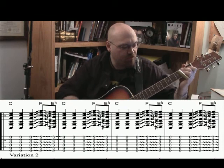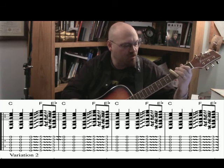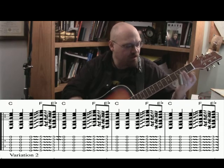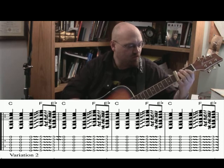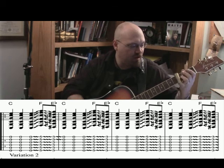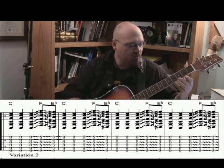You start off with 3 beats on the C. So 1, 2, 3, and then you come to the 3rd fret. Or actually, I'm doing the next one. You would actually come from the 5th fret to the 3rd. So it'd go 1, 2, 3, then 5th fret, 3rd fret, open, 2, 3, 5th fret, 3rd fret, open, 2,